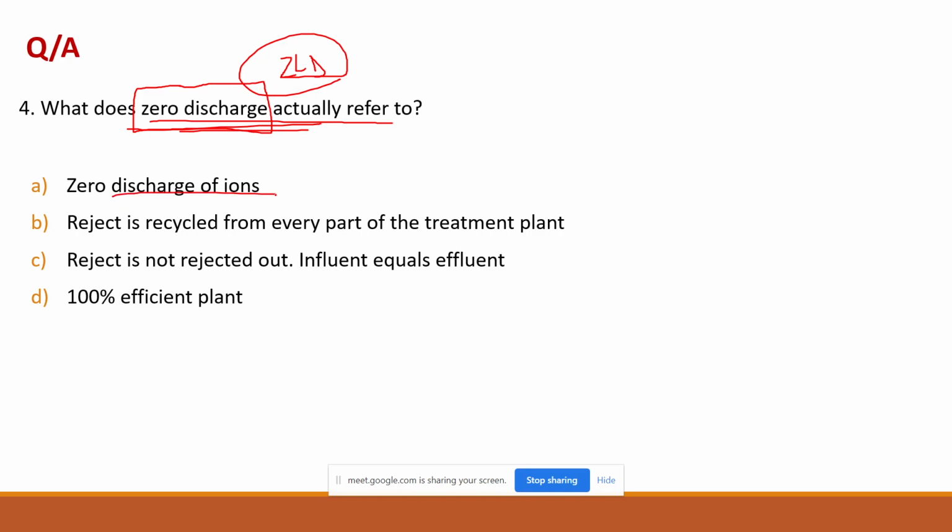Zero discharge of ions. Reject is recycled from every part. Reject is not rejected out. Influent equals effluent or 100% efficient plant. So this is a very common term, that is your zero liquid discharge,